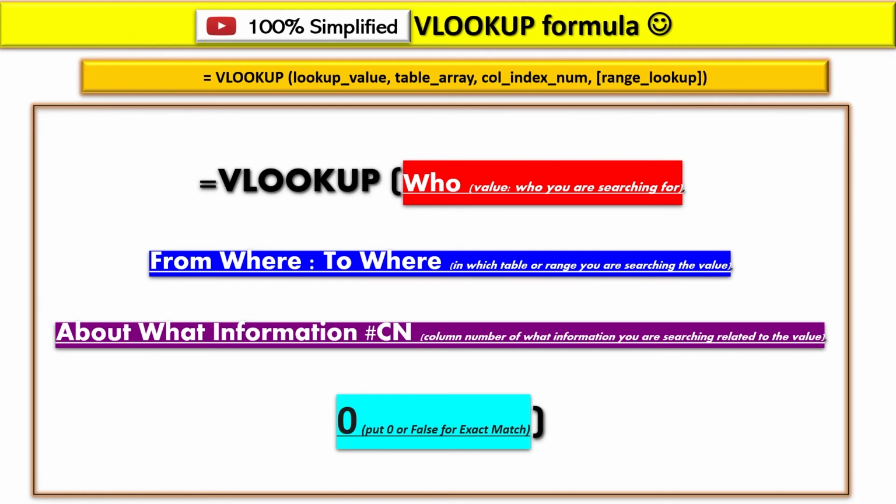So this in front of you is the simplified definition of VLOOKUP. Just remember this by heart, and you will become a VLOOKUP star. In the future sessions, we would be covering VLOOKUP across sheets, VLOOKUP various errors and their solutions, and VLOOKUP using match and index functions together. So please wait for those videos.